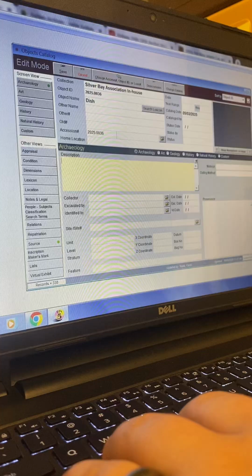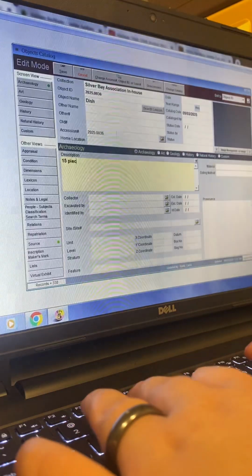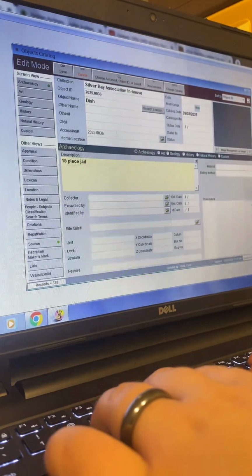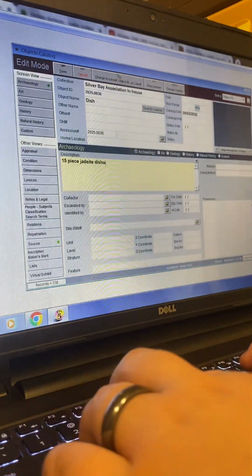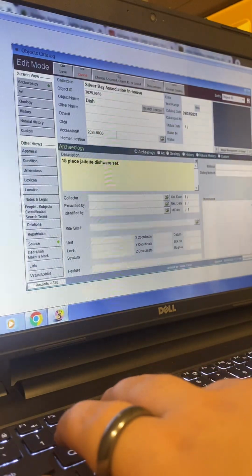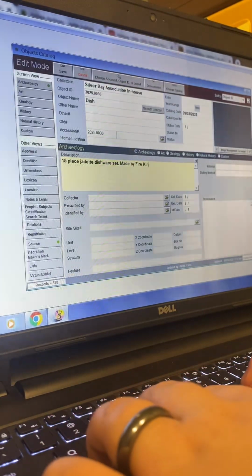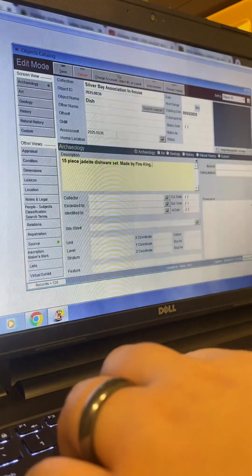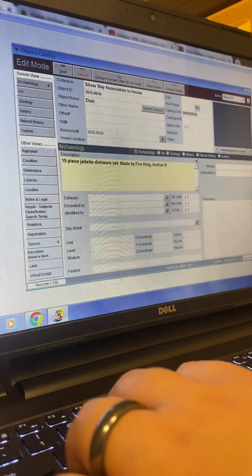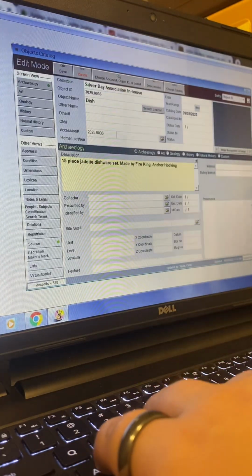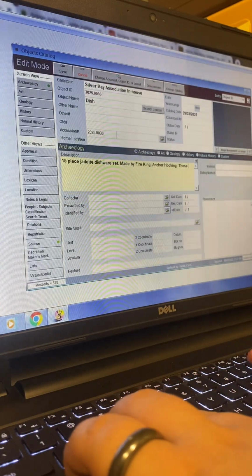Anyway, so for a description, I'm going to say: 15-piece jade-ite dishware set, made by Fire King, comma, Anchor Hocking. These dishes